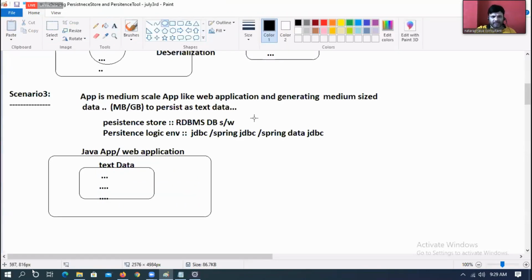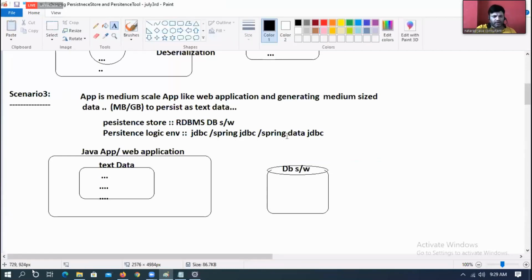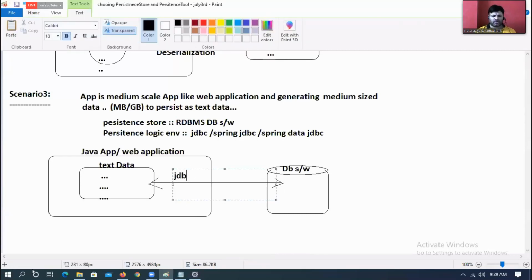And here is my database software. To talk with the database software and to persist this data, think about using JDBC, or Spring JDBC, or Spring Data JDBC.